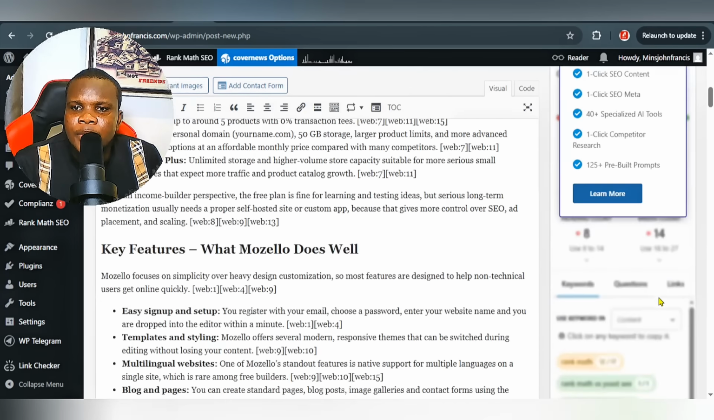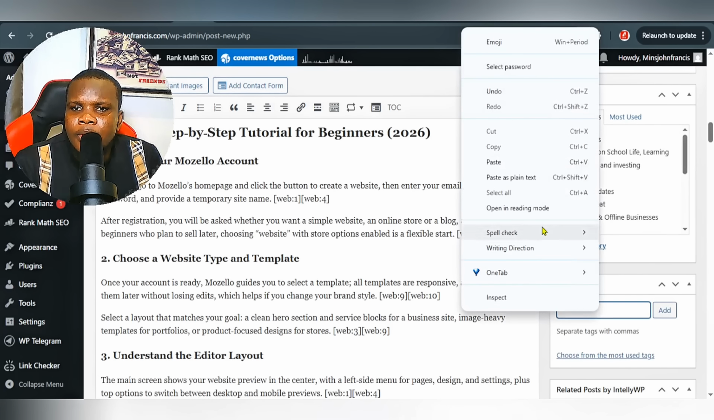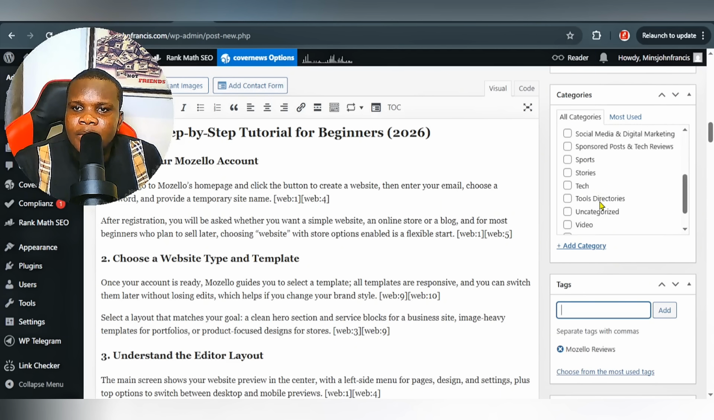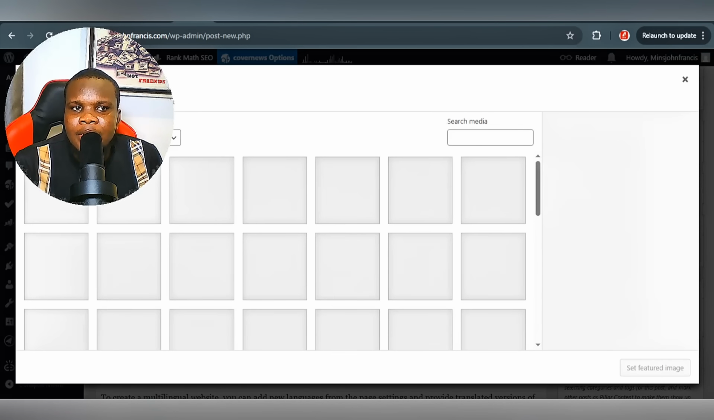Our focus keyword should be at the tag section, then add this as tag. Then the next thing you have to do is simply go ahead and select your category from this very section. Let's say I want to go for tools and directories, then select set featured image, then select that particular image